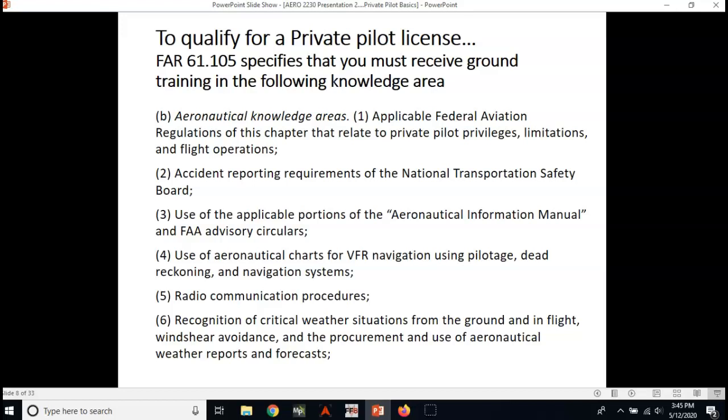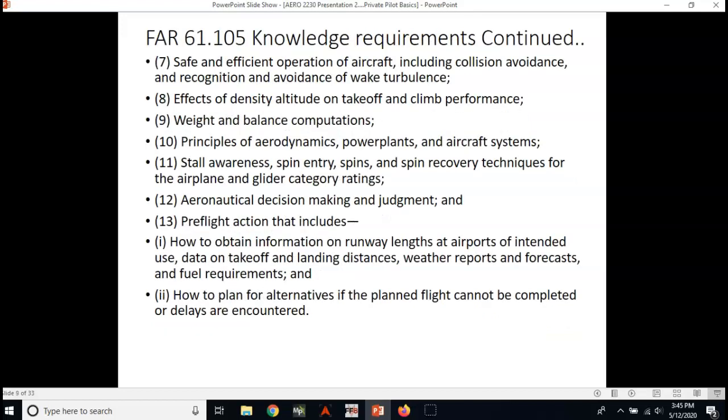radio communication procedures, recognition of critical weather situations from the ground and in flight, wind shear avoidance, and procurement and use of aeronautical weather reports and forecasts, safe and efficient operation of aircraft, including collision avoidance and recognition and avoidance of wake turbulence, the effects of density altitude on takeoff and climb performance, weight and balance calculations, principles of aerodynamics, power plants and aircraft systems, stall awareness, spin entry, how to recover from a stall, aeronautical decision making and judgment,